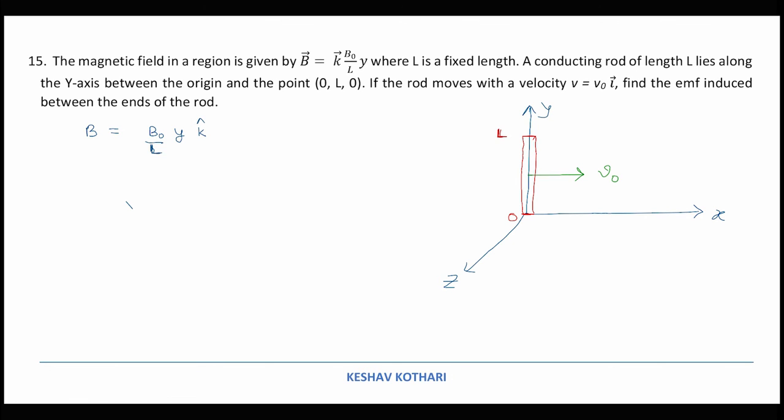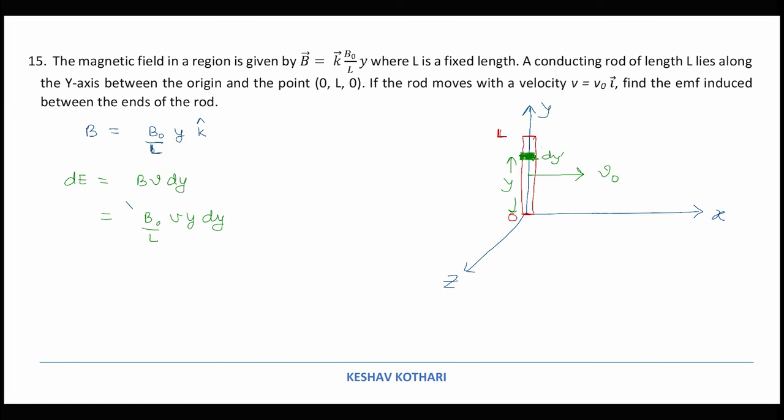Now due to the variation of magnetic field B, which is equal to (B naught y upon L) k cap, I can write the EMF between two points at a distance y from here. If I select a small patch of thickness dy, the potential difference generated across this length dy can be written as B L V. Over here the length segment which we are taking is dy, and the value can be written in this way. B can be written as B naught upon L, times V y dy.